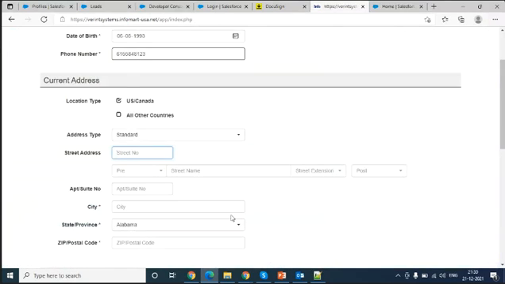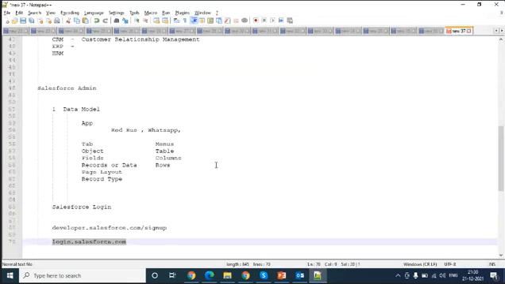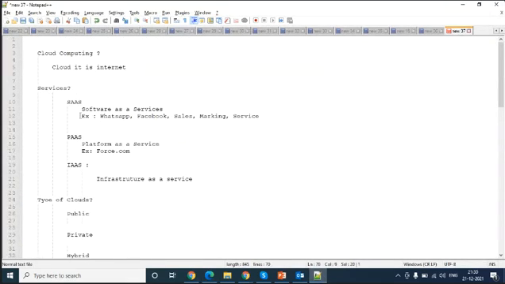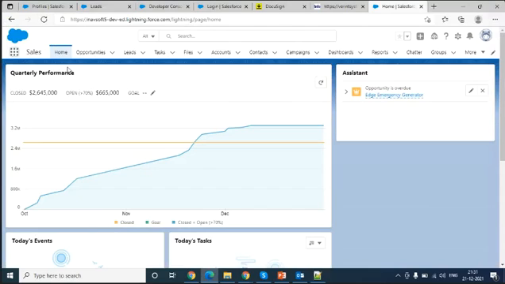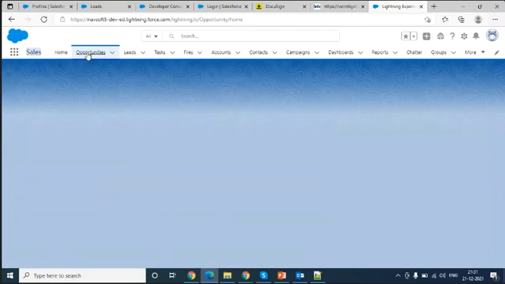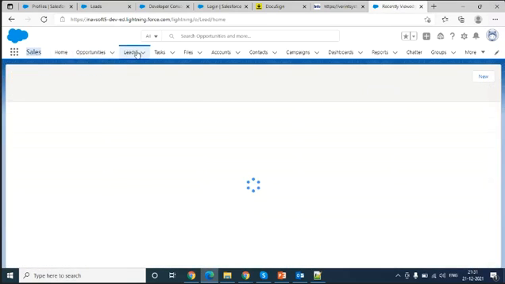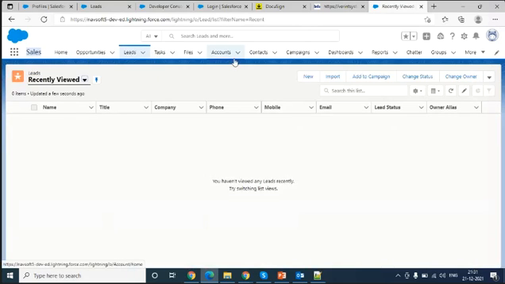In our previous discussion, Salesforce itself provides certain SaaS software: sales, marketing, service, and all. The Sales application has its own meaning, what you have to do in it, and we can discuss that a little later. But let's try to understand: this is the app launcher, this is the application name, Sales. These are the tabs, the menus by default. If you click Opportunity, it will open the related opportunity. If you click Lead, it will open the related lead. So these are all the tabs.